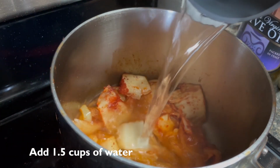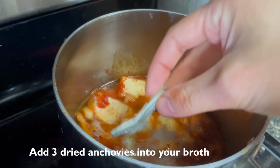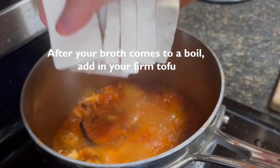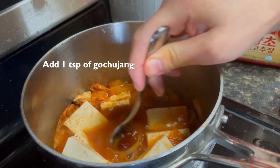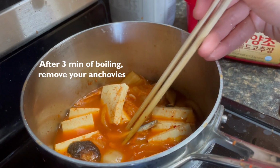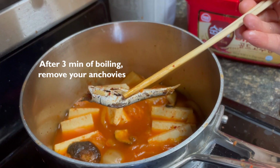and then adding in about 1.5 cups of water. And here for your broth, I like to use dried anchovies with some shiitake mushrooms. And then once that all comes to a boil, add in your tofu, and then a teaspoon of gochujang. You can add less if you can't handle the spice, and then remove your anchovies after about 3 minutes of